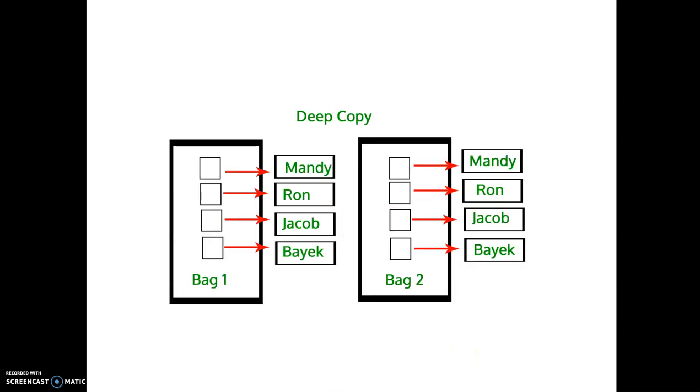The example showing how this is different from the shallow copy is the same example, bag1, where it has been set with the 4 attributes and the 4 values. If you apply a deep copy of bag2 with respect to bag1, it is not going to refer to the same location where bag1 was created. Instead this is a separate object which will copy all the contents to a different location here. So in this case also, bag1 and bag2 are two different objects.